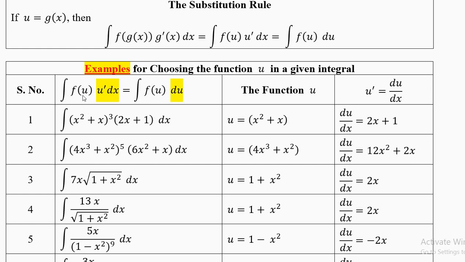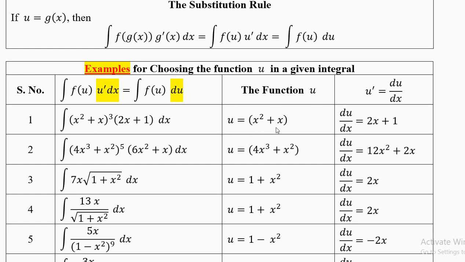You have f of u prime dx. So u equal to x square plus x. The function f is power 3, and the derivative of u is 2x plus 1. In all these topics, you have to check whether the derivative is sitting outside. If it is outside, you can integrate. You have to just make a substitution from x to u, and u back to x in the end, and use those 13 formulae which we did 2 weeks back.